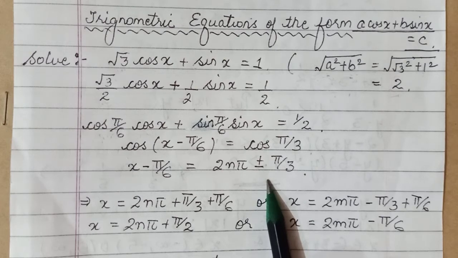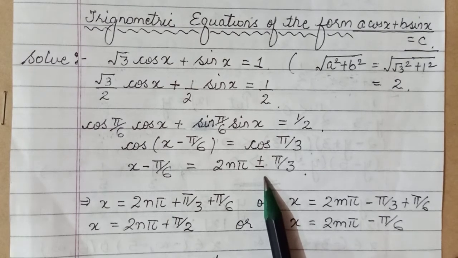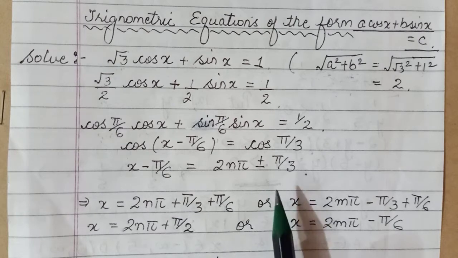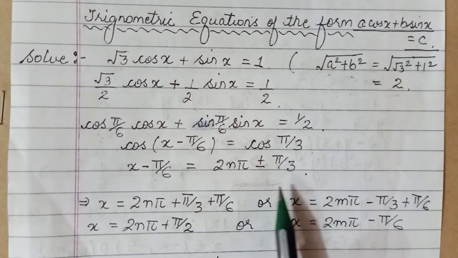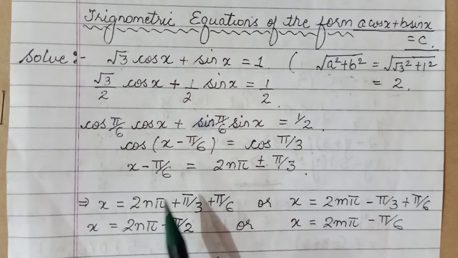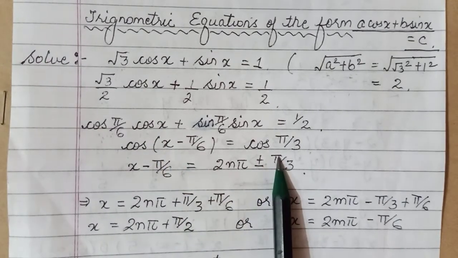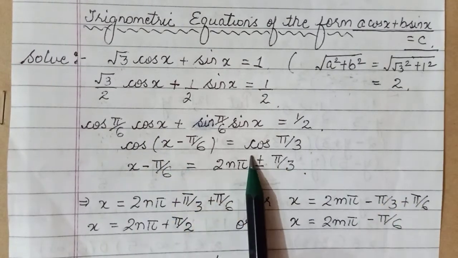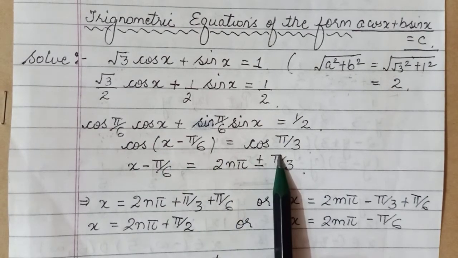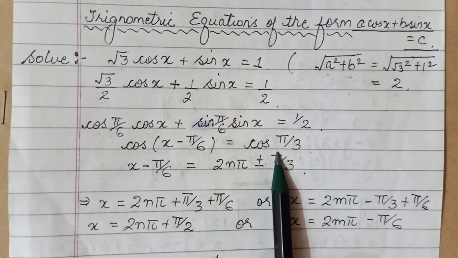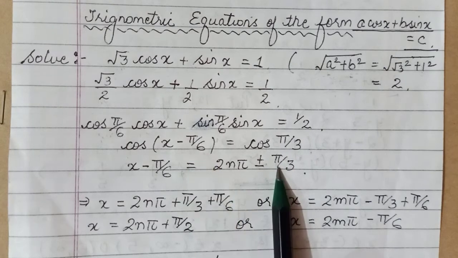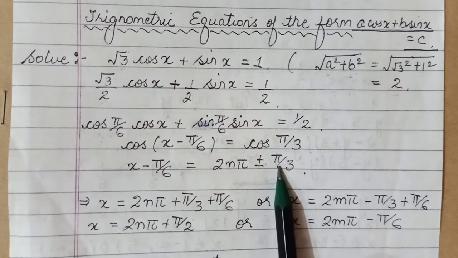Most of the time in most of the books you will see the result, and either way the answers will not tally. They will come out to be different. If one child does it this way, equating cos theta is equal to cos alpha, and another converts this to sin theta is equal to sin of some alpha, both ways it can be done, both are correct, but the answers would obviously be a bit different.